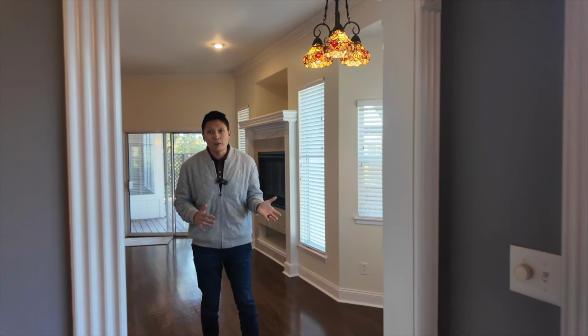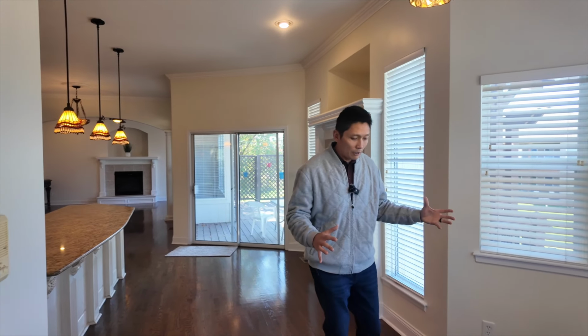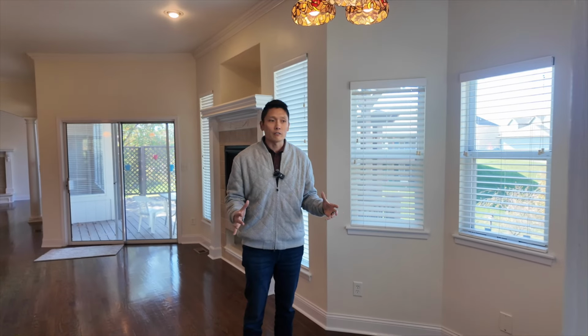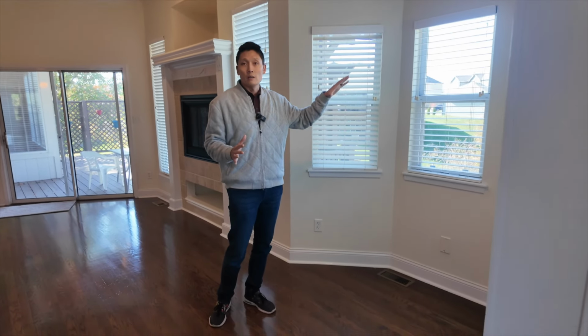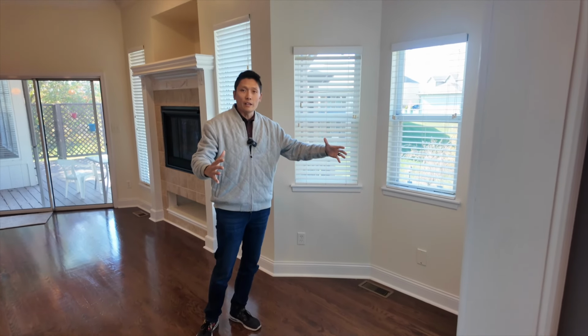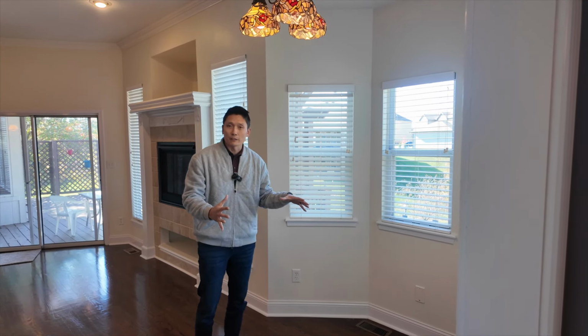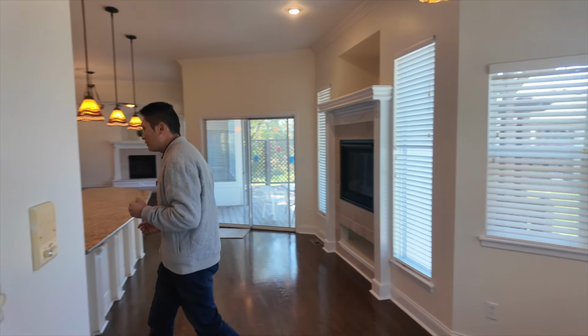Come through here and we get to this really magnificent kitchen. Before we get there, we have this little, I would use this as a coffee bar area, kind of morning coffee, overlooks your beautiful lawn. You put a small standing table here or a bar-sized table here. I think that'd be the perfect spot for that. And then come through here and you can see